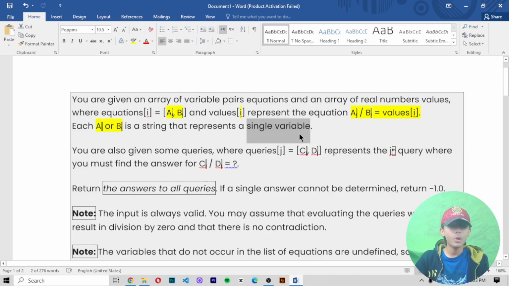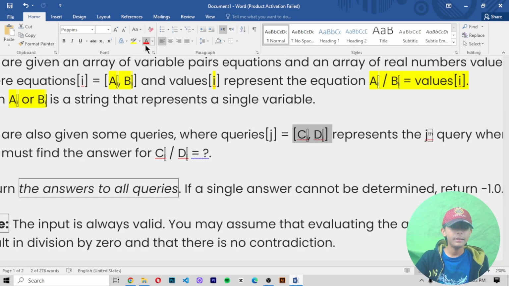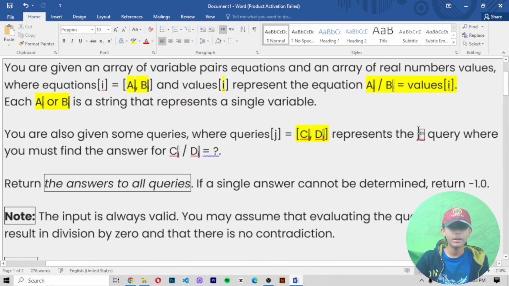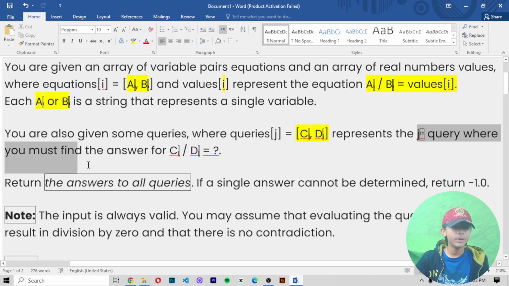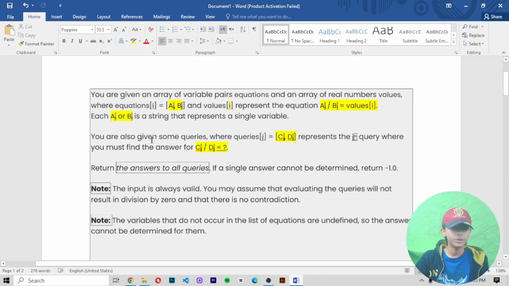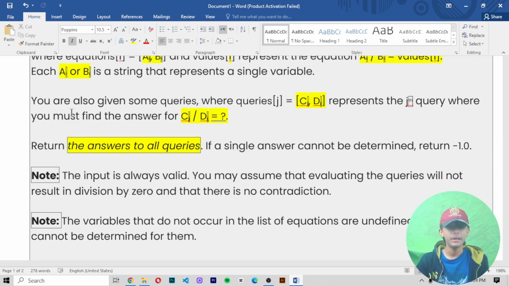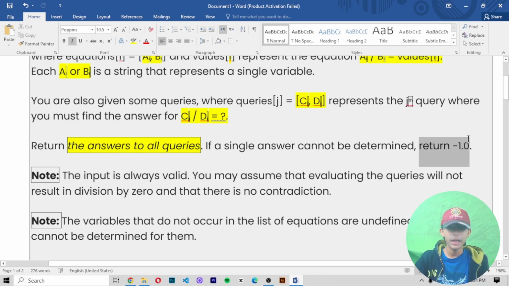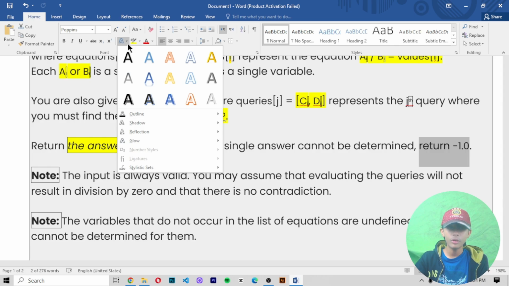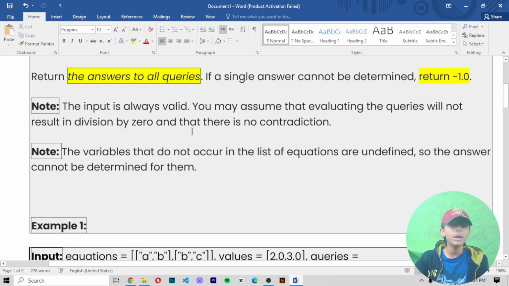You are also given some queries, where queries[j] equals [C, D] represents the j-th query, where you must find the answer of C divided by D equals question mark. It says return the answer to all queries. If a single answer cannot be determined, return minus 1.0.